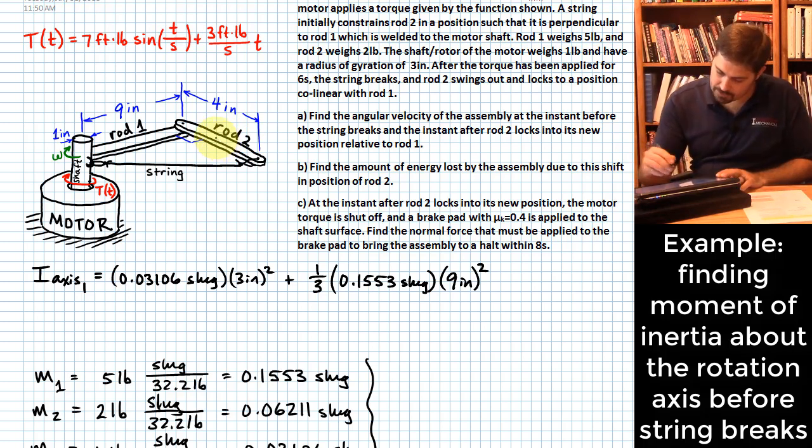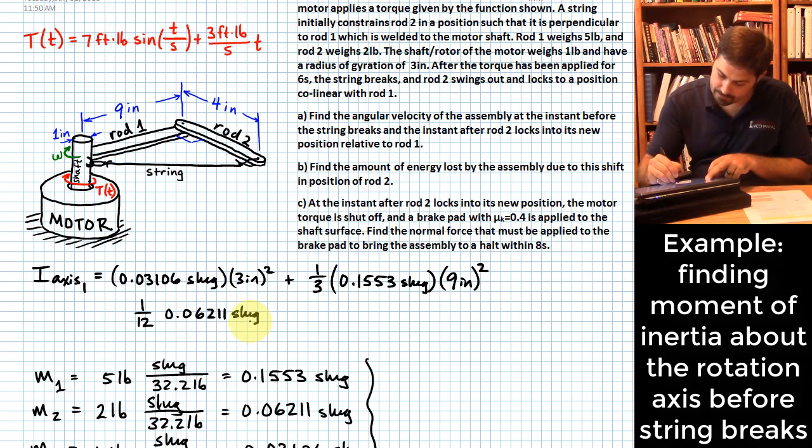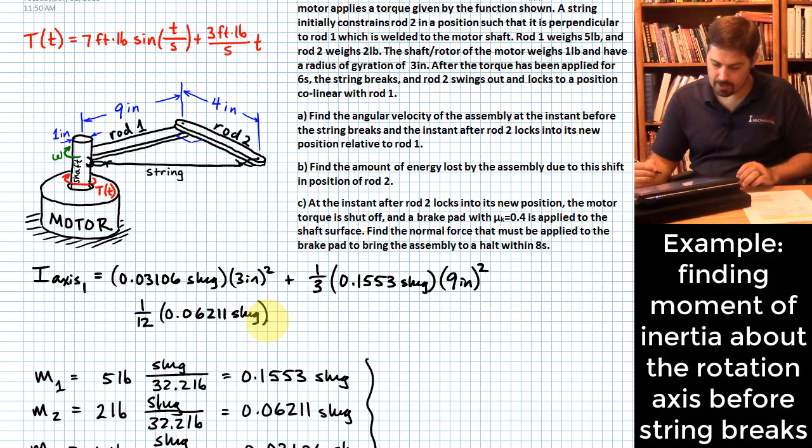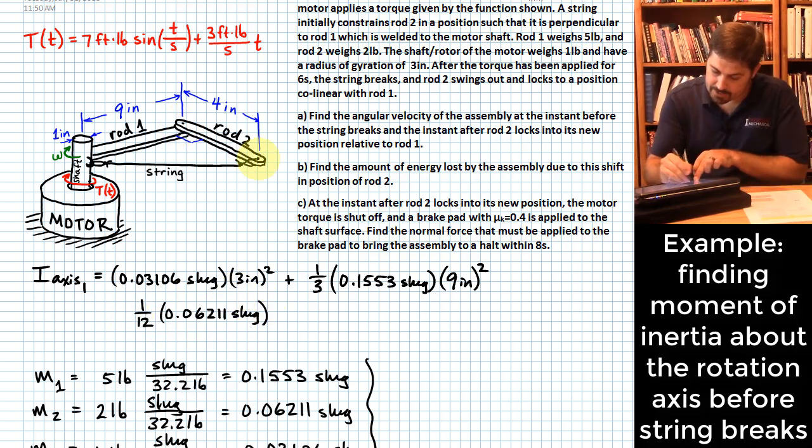Okay, so to do that, we will add 1/12 of the mass of rod 2. The mass of rod 2 is 0.6211 slugs. Okay, and then we're going to take the length of that rod squared, so it'd be 4 inches